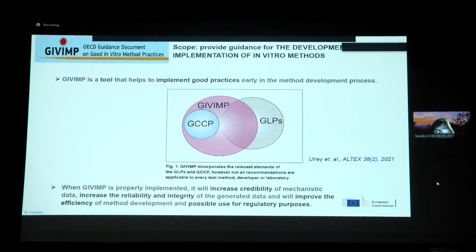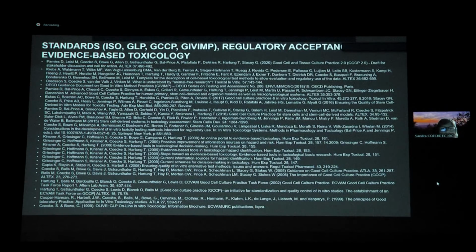But in a way, putting all this together, we want to have these methods be used and increase the trust and credibility of mechanistic methods and the related data, because we believe that this is the only way forward to get, for instance, methods for better understanding the complexity of human biology and the diverse reactions we have in terms of efficacy and safety. And so that's why we badly need these methods for regulatory purposes.